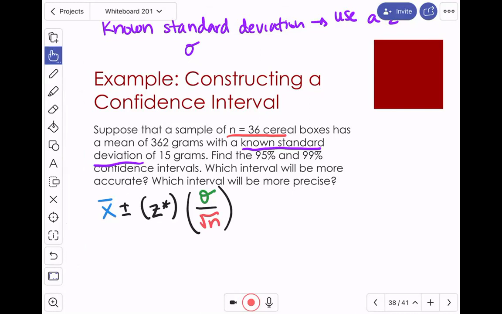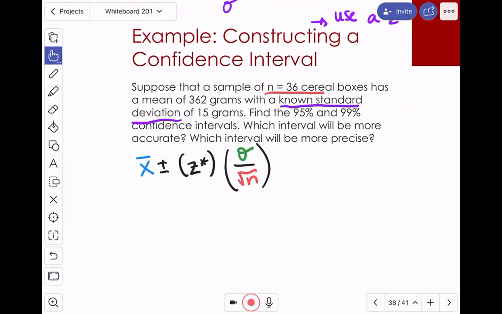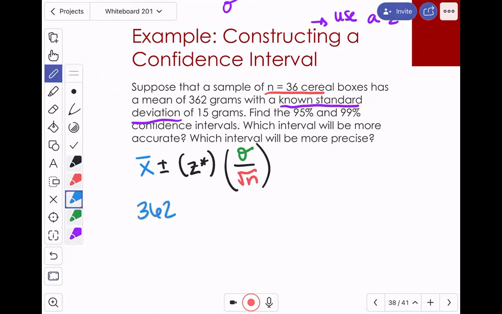So when I calculate this right here, do I know the value of the sample mean? Yes or no? 362. And how do I know it's a sample mean, by the way? It says, suppose that a sample has a mean of 362. That tells me I'm dealing with a sample mean. So this is 362 plus or minus